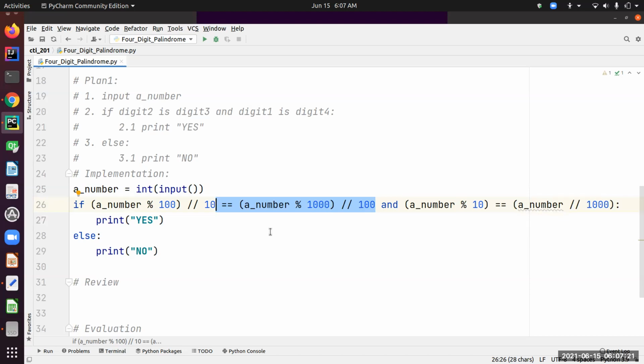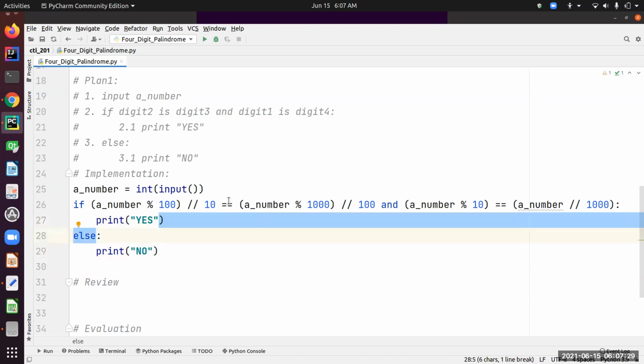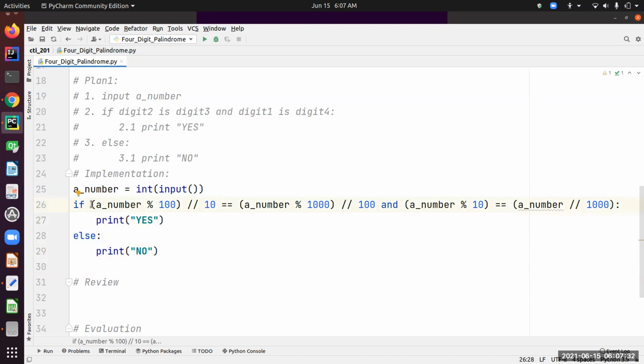Okay. Now, when we check the no scenario, basically AND returns false in Python when the first operand becomes false, because logically we don't need to check the second operand because the first is already false. Okay, so if the first is true, then Python needs to check the second operand as well,